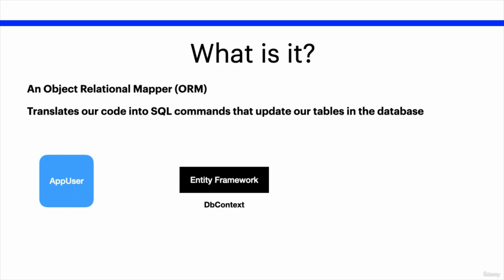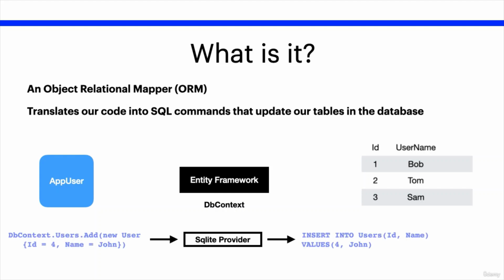Now, this class acts as a bridge between our domain or entity classes and the database. And this DB context class is the primary class we use for interacting with our database. Now, what Entity Framework does for us, if we just take a look at an example, is it allows us to write something called LINQ queries, which is what we see here on the left. We say that we get our